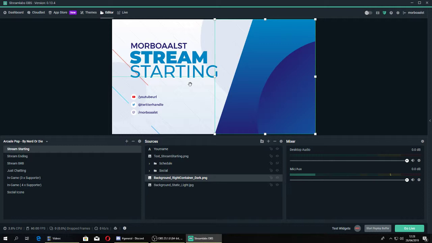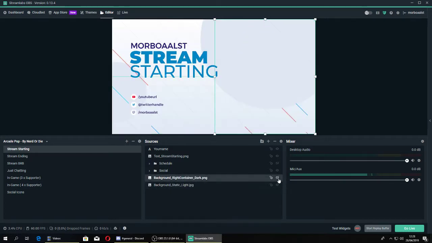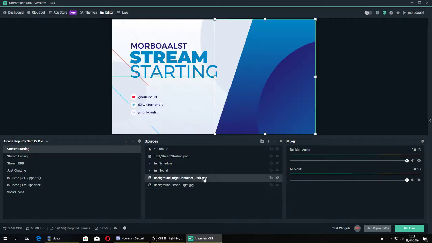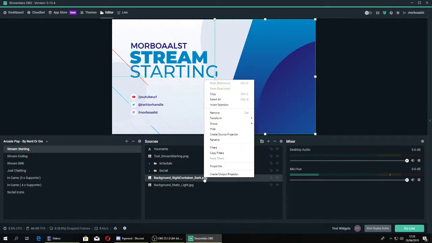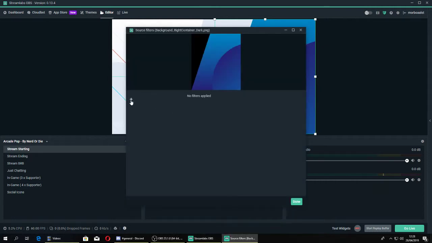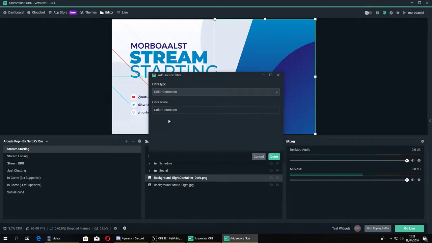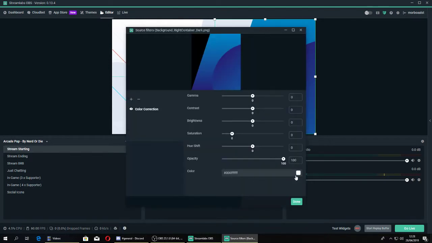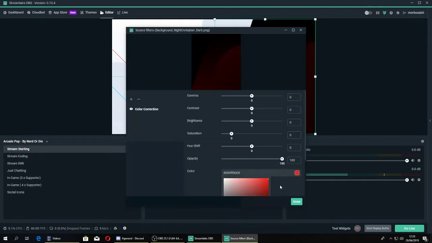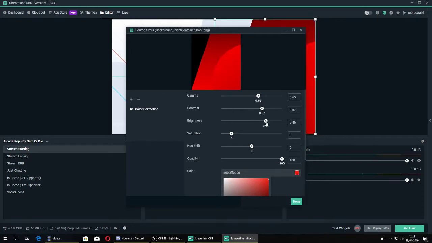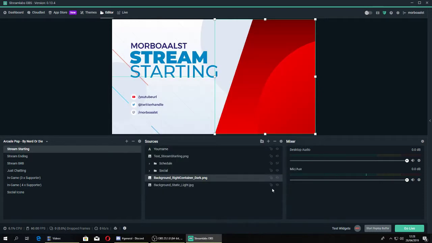Now, you can also fully customize this in the colors that you want. For this one, we go to the blue thingy right here. Now, what you're gonna do here is you right click and go to filters. Now, when you click the little plus symbol, you can add a color correction. And let's say you want this red, so you click on the red thingy, a little bit more gamma, a little bit more contrast, a lot more brightness for me. Done, and there you go. Now you have like a red